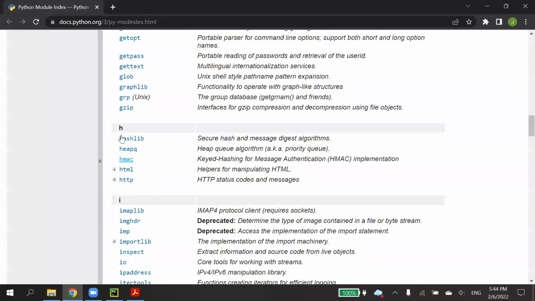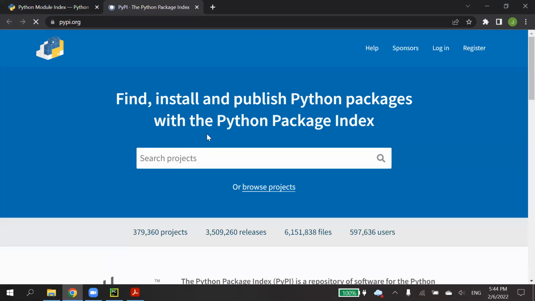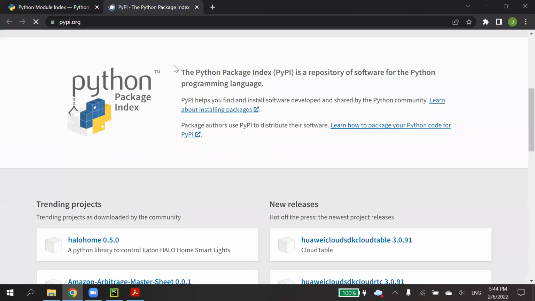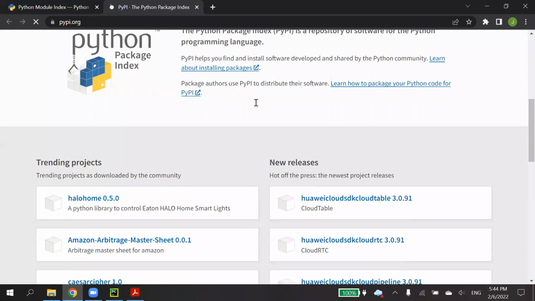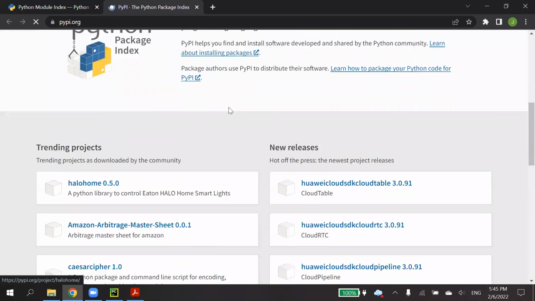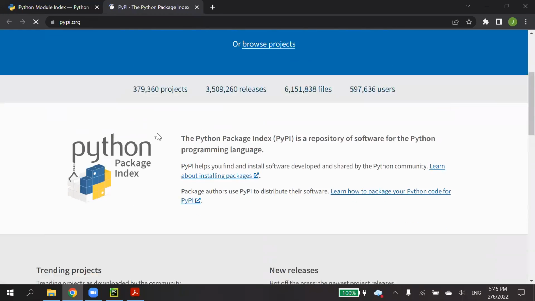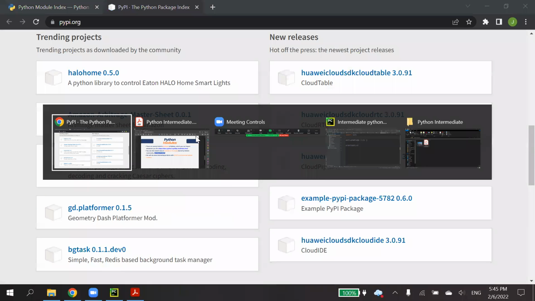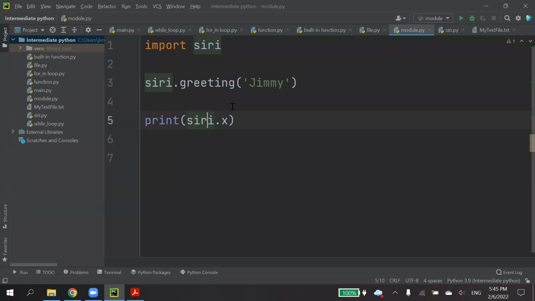The other one you can search for is a lot of external modules. If you want to use any module, you just install it. Of course, we don't install too many modules, because if our project has a very large amount of files, maybe it will run slower. So we just import whatever we need.